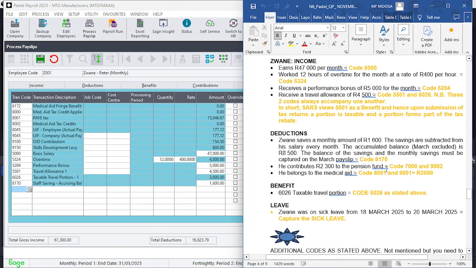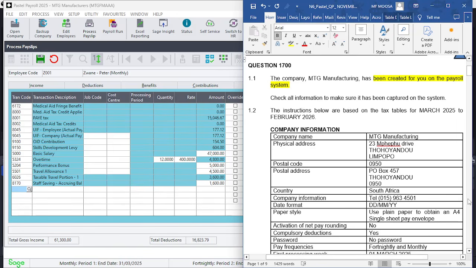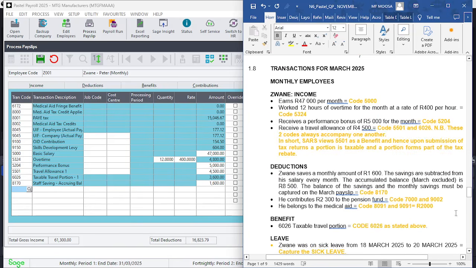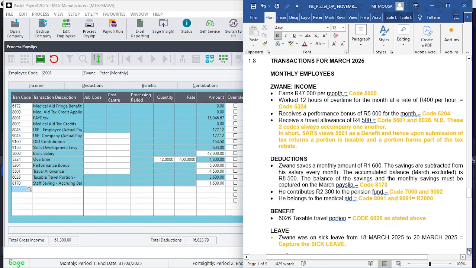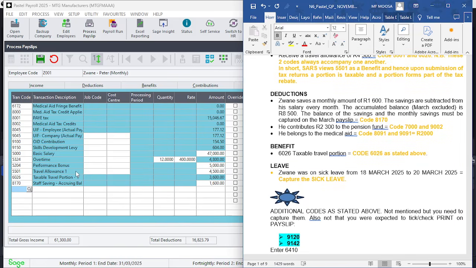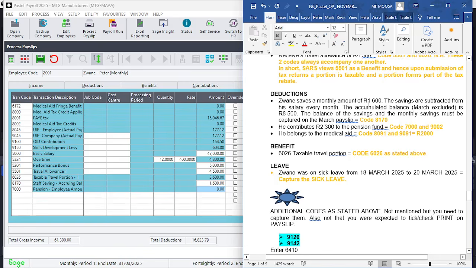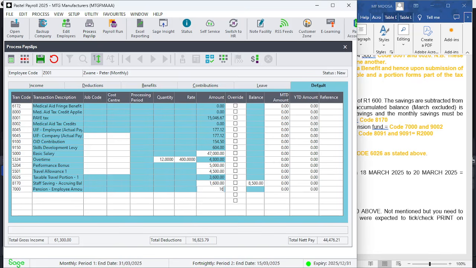Contributes 2-3 to the pension fund, code 7,000. So type in 7,000 here. We've got deductions. 7,000 here. 7,000. Enter. And we put in the amount there, which is going to be 1,600 rands. So key in 1,600 rands, and the moment we key in the deduction part of this here, we're